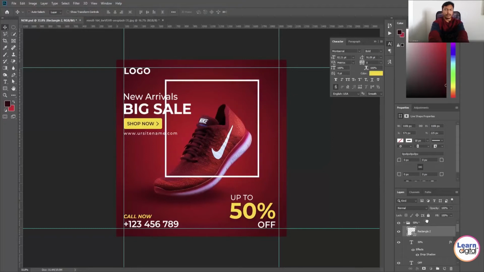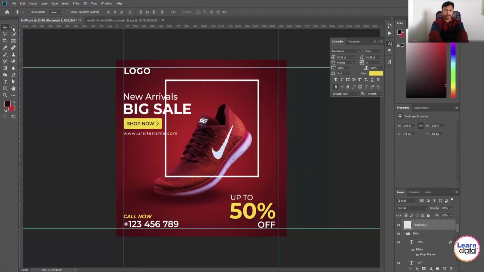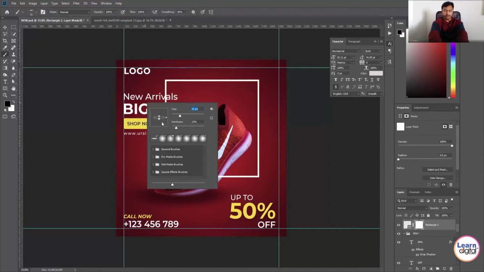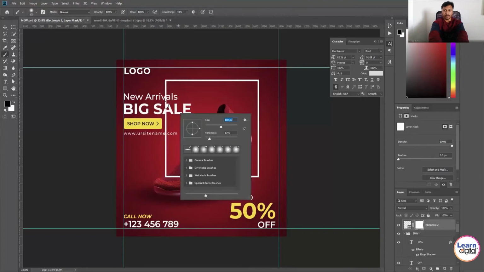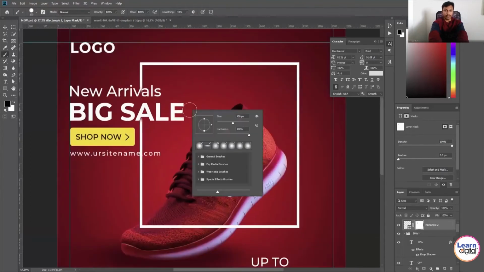After that, I'm rasterizing the shape because I want to delete a few parts over here. Like this. Now you can see I have deleted a few things. After rasterizing only, you can delete that. Otherwise, you can apply a mask. In a mask also, you can delete a few things. Initially, with the help of rasterization, I deleted. Now I undo. Then again, with the help of a mask, I'm removing a few things over here. You can see.